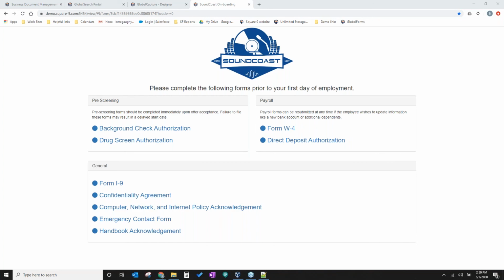All right, so got a question, how much is this? That's a great question. Depends on what all you want to see in the product. Our base system is based off of a concurrent user model, and depending on if you want to go with the cloud or on premise, the pricing may vary. Our global capture, a lot of capture products will charge per image. We do not charge per image. So there's no charge there, and you would just pay for the server itself and the licensing for it.